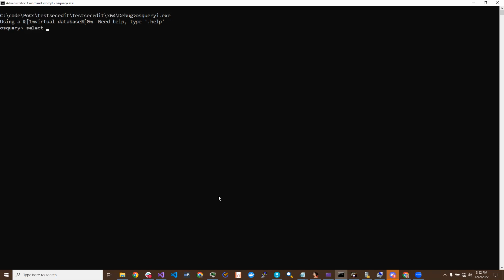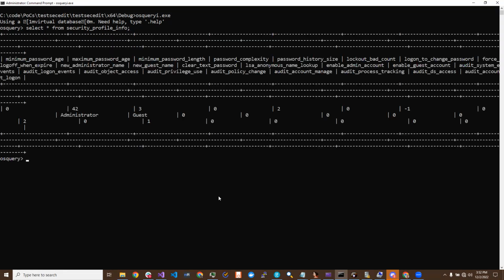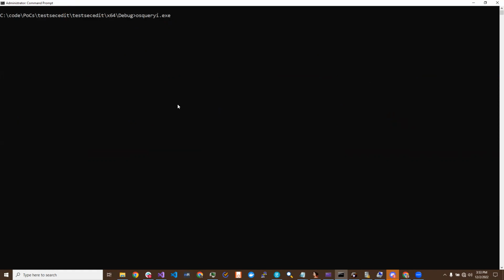If we just ask for this information, we're going to see a ton of data, which is not properly formatted because of the limitations of the console that I'm using. But this is the information that we are going to get, which is exactly the same thing that the POC will output. So if we just consume osquery from the command line and do the same thing,